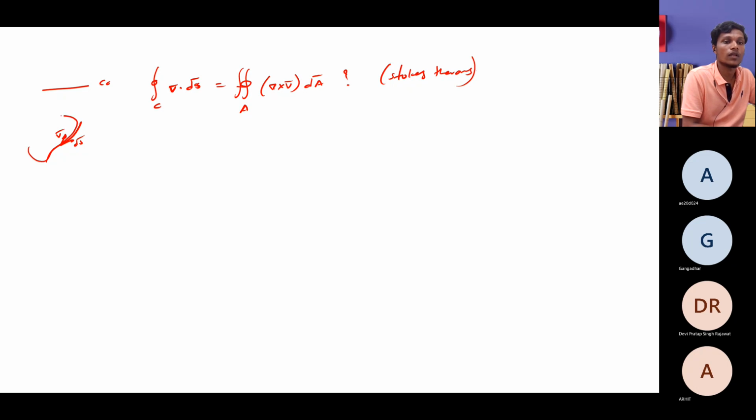And now instead of the line integral, I want to do an area integral. So I will take this area, and these two integrations are the same, as proven by Stokes theorem. One can convert the line integral to the area integral or the area integral to the line integral. That is called Stokes theorem. In the same way,